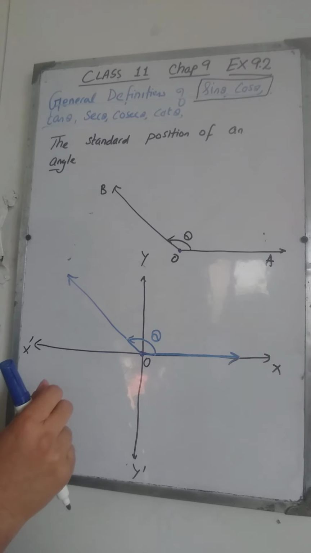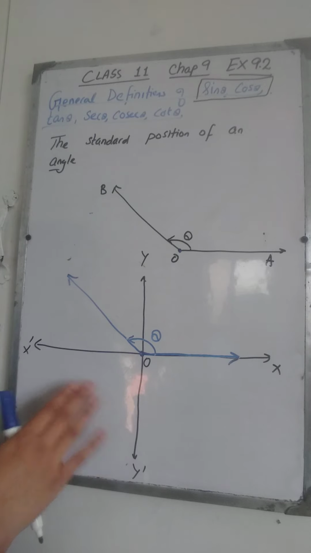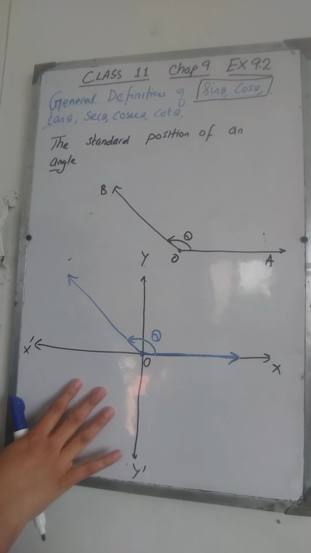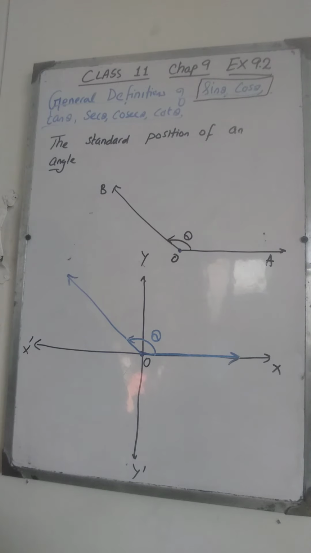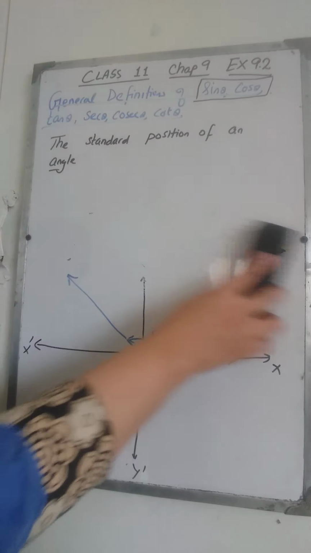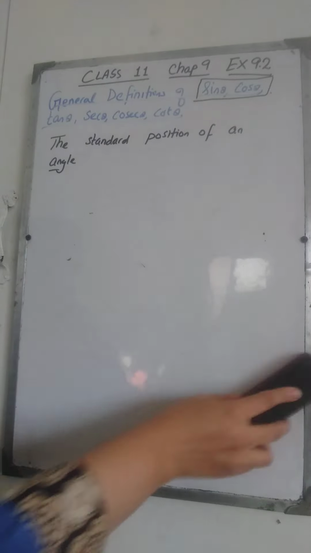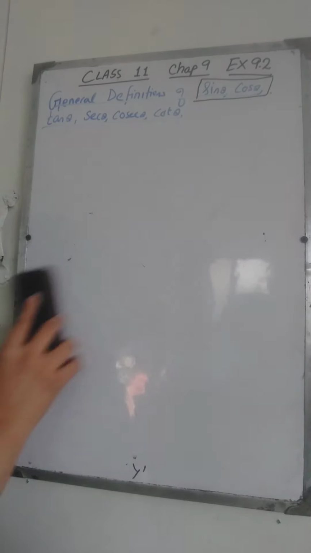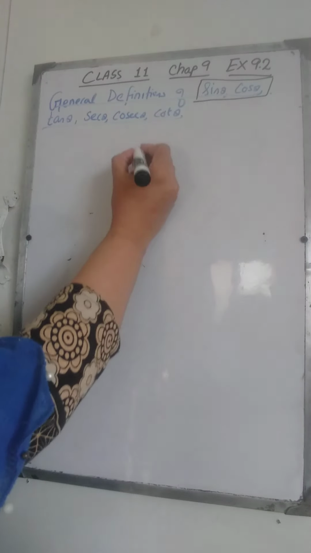So to define sine theta and cos theta, we will have to place the angle first in its standard position. The second thing that we are going to do is define sine theta and cos theta. This is the standard form of the angle. First of all, the angle for which you want to find sine theta and cos theta, you place that angle in a standard position. This will be step 1, and the next step will be, after you have taken the angle in standard position, what you are going to do.